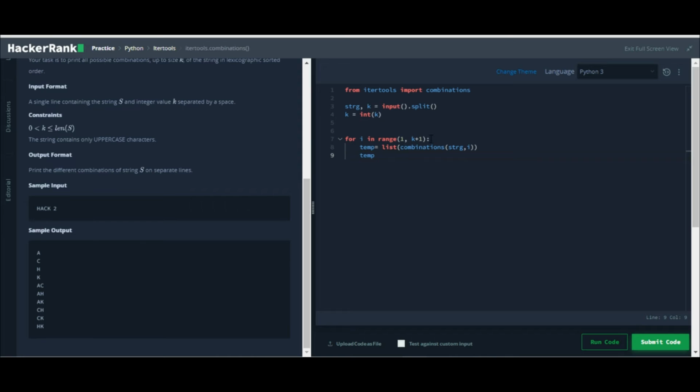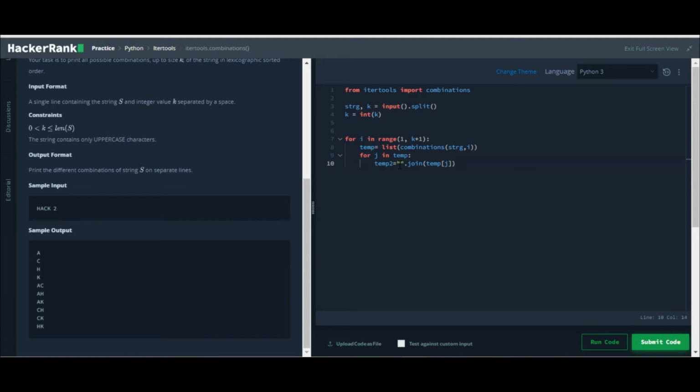So inside temp we have to run a for loop: for j in temp, join it. So temp is equal to this, dot join, temp i j. So each element it will take, it will join.